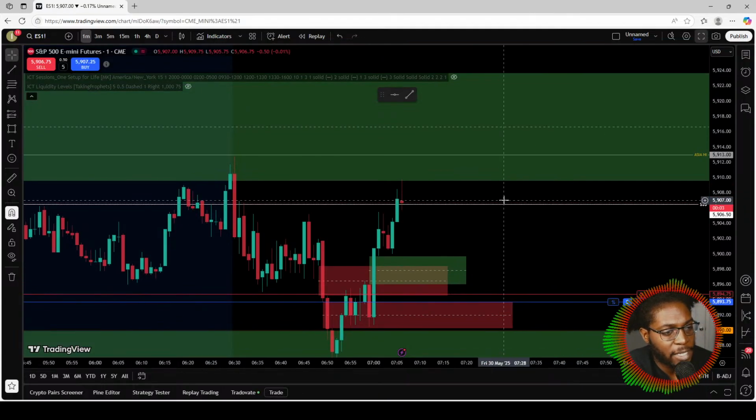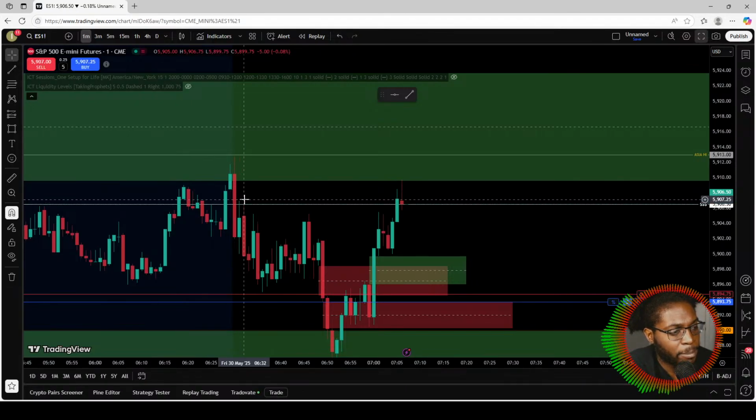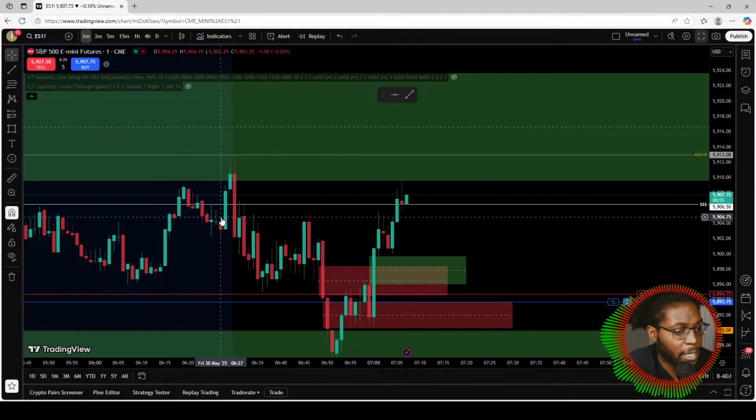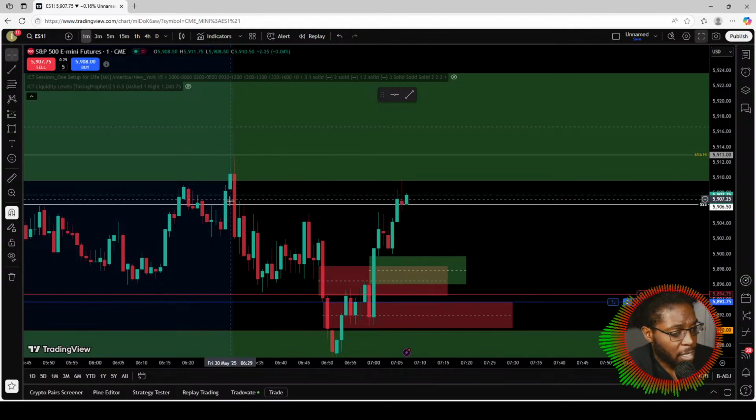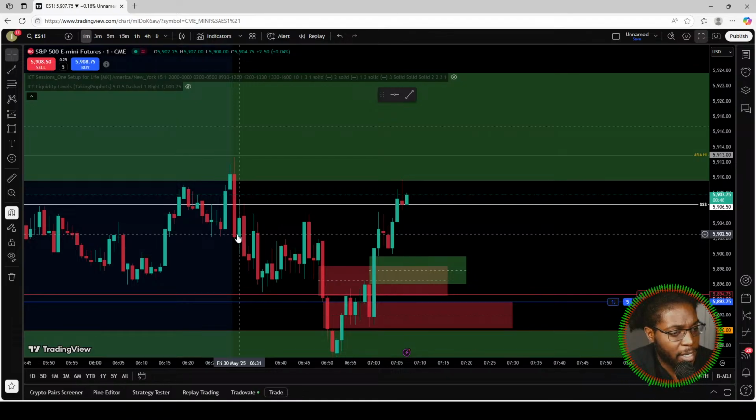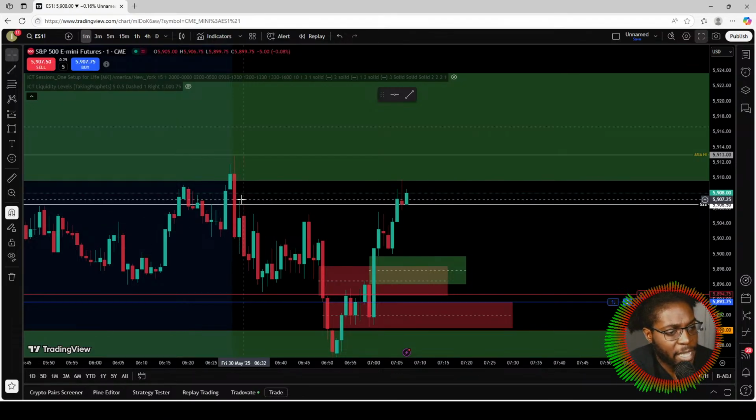We also had this untapped fair value gap up here, going to the sell side. Does that mean anything? I'm not sure, just because the way we're looking at it, it inverted this fair value gap that was supposed to take price higher. It inverted that. Then the price came back and tapped that inverted fair value gap and came